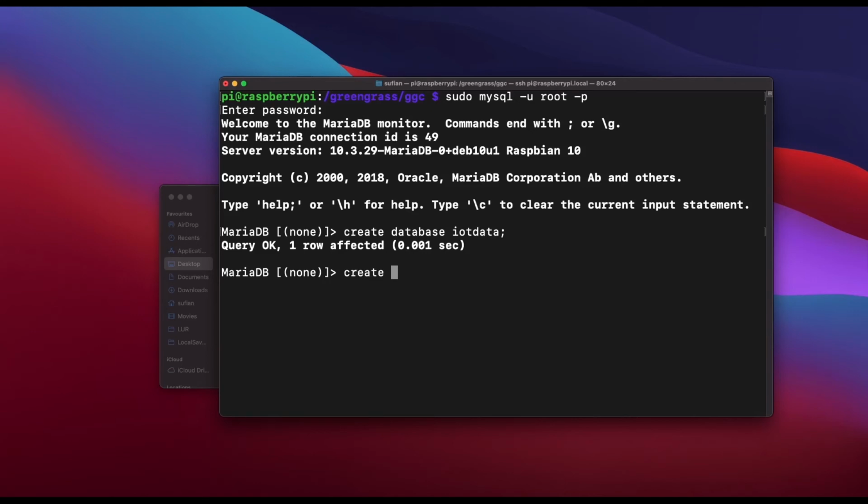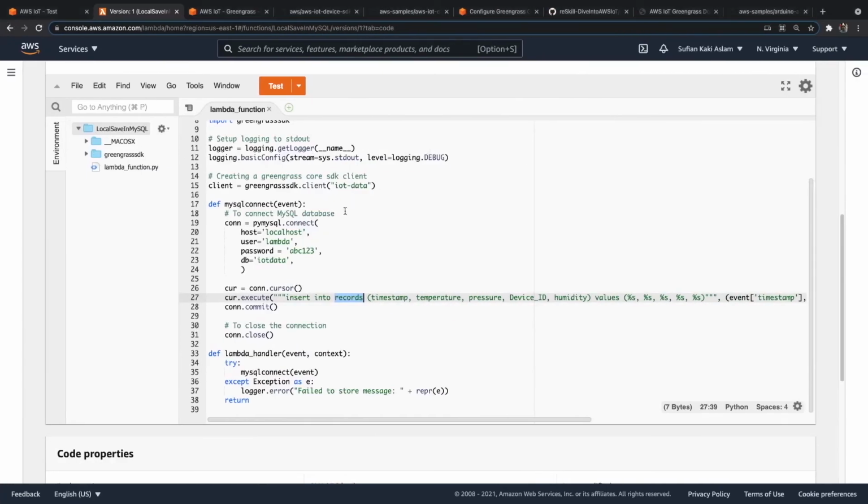Create user, and I want to call this lambda. This should be available only locally, so lambda@localhost identified by the password abc123.